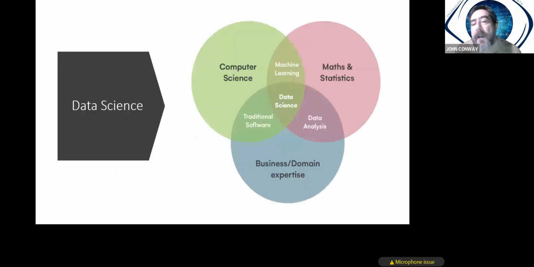Data science. Data science is critical because without the data science today, we would not be getting the insights that we are getting. Data science is where it all comes together from a computer science perspective, math and statistics, the machine learning, the artificial intelligence, and then really having that domain or business expertise that allows you to get those insights that you need, convert that data into information and knowledge and intelligence eventually. And this is really critical for what we're trying to do today because it's highly complex.